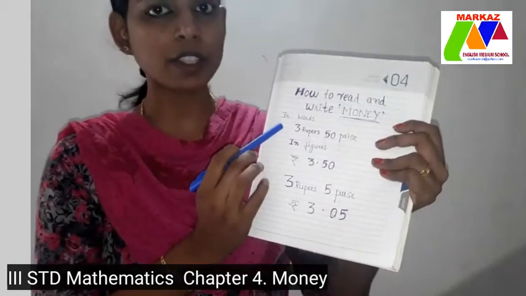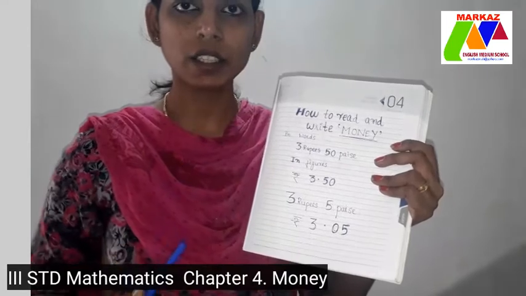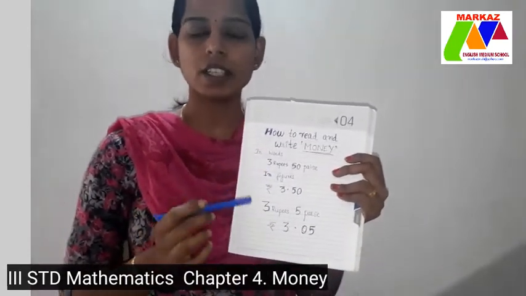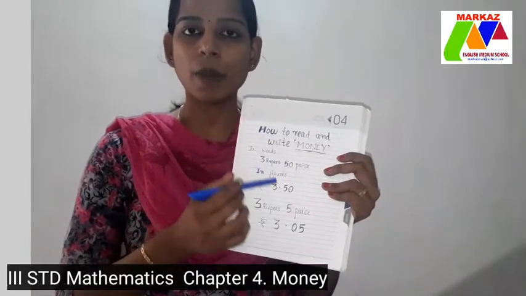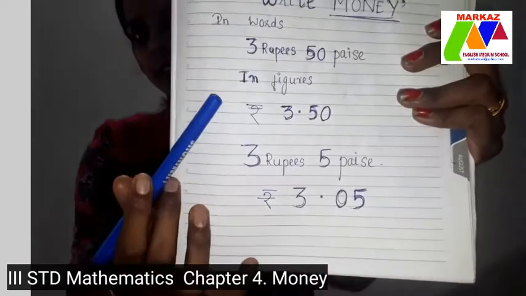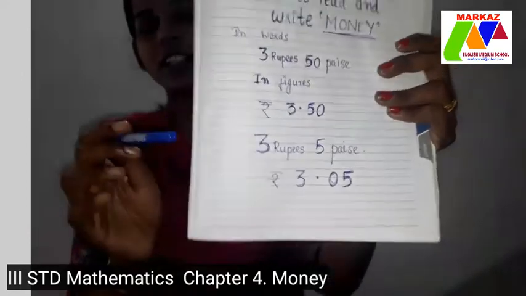So what was the first one? Which is 3 rupees and 50 paise. Okay. Which was written in the form of words. Now let us write it in the form of figures. So here, which was written in the form of figures. Can you see this symbol? Yeah, this symbol